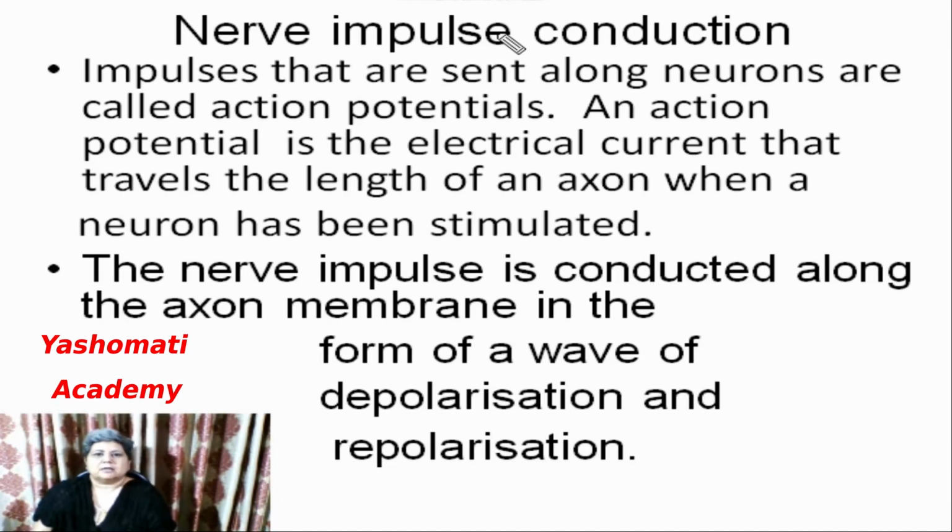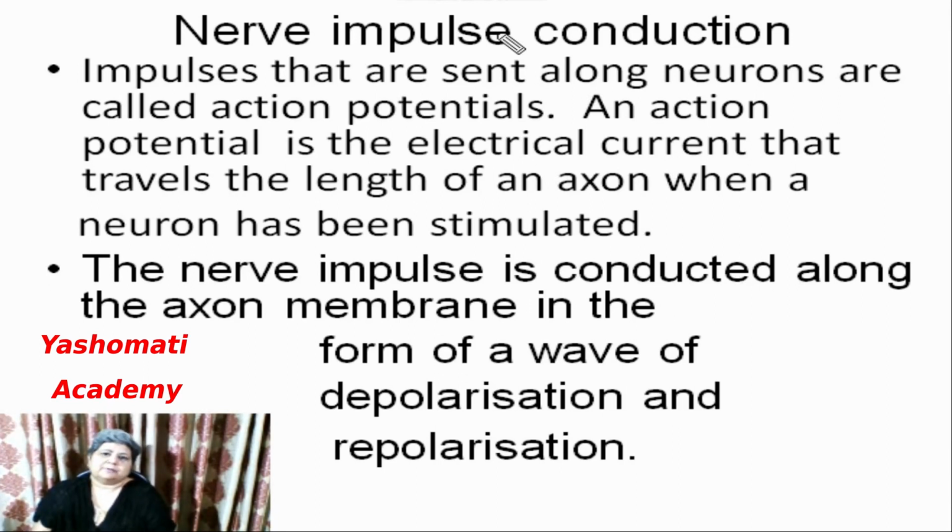So these sensory organs pick up these stimuli, and these stimuli are to be taken to the central nervous system where they are going to be interpreted. After interpretation, the information is to be sent to the effector organ, which is going to show the effect. As far as sensory organs are concerned, you know that we have 5 sensory organs, that is eye, ear, tongue, skin, etc. These sensory organs help us in picking up the stimuli.